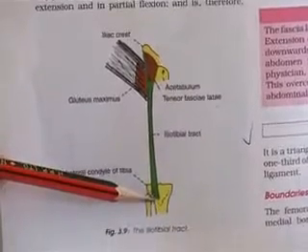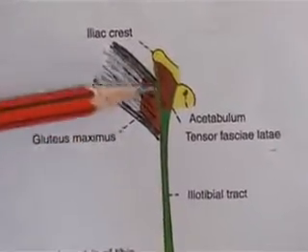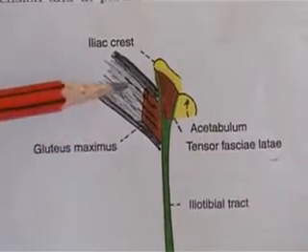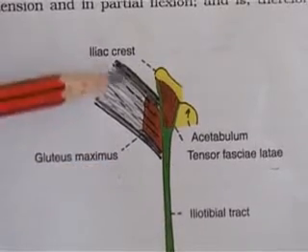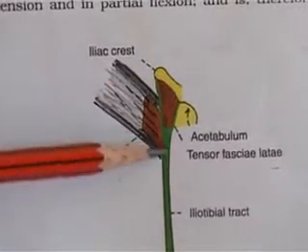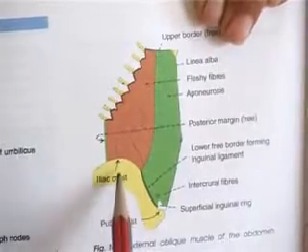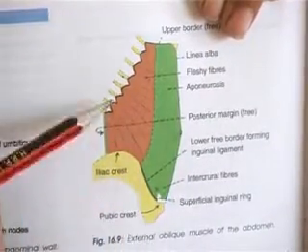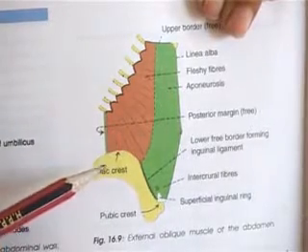Into this iliotibial tract is also inserted the big gluteus maximus muscle, the whole of upper half and superficial part of lower half. That means almost 3/4 of the muscle is inserted into the iliotibial tract. The outer lip also gives insertion to external oblique in the anterior 2/3 of outer lip of ventral segment.